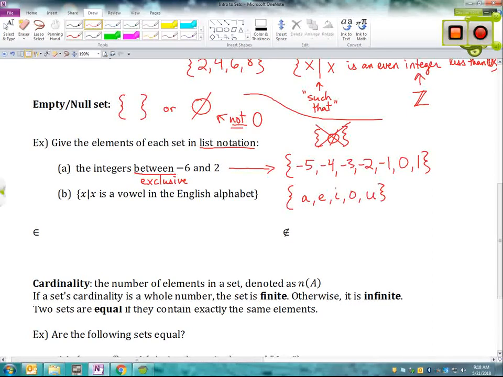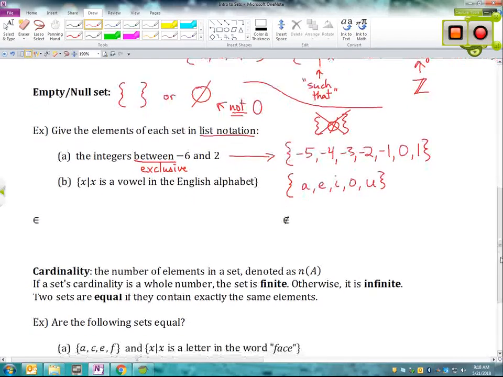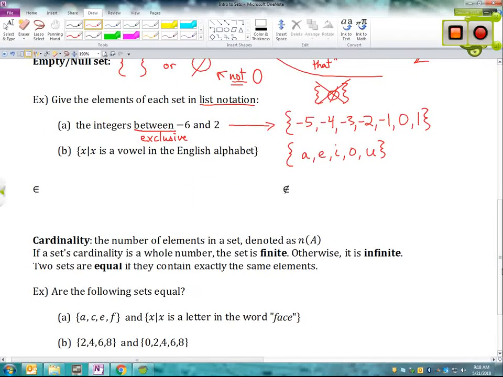So here we do not have numbers, we have letters instead, but that's okay because remember we can have anything that we want, any objects or values as elements in our set. Okay, two more symbols here that we need to know. This one that kind of looks like a C with a line through the middle or kind of like a little tiny E represents is an element of.